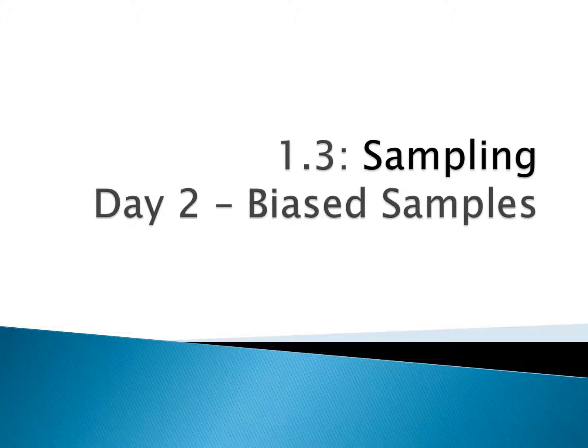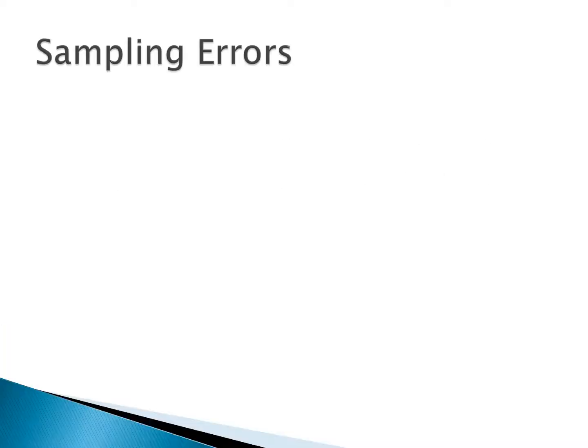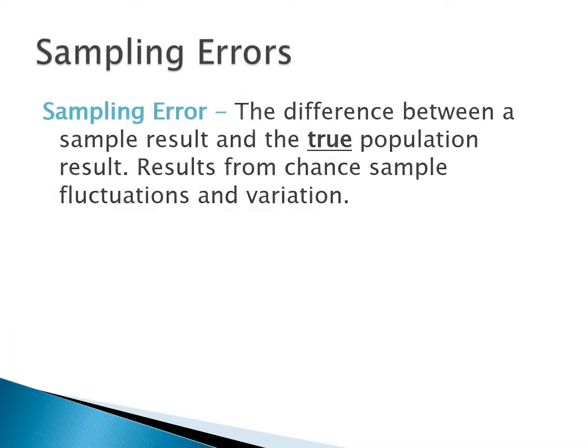Day 2 of section 1.3 focuses on how we end up with biased samples. Anytime we take a sample, there's two types of errors that we can have. The first is called sampling error, and this is natural, and it's actually not an error at all. It's the natural difference between the true population proportion of everyone in the population and the results that we get